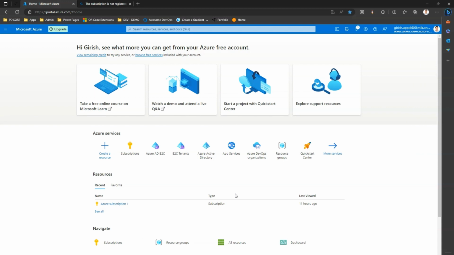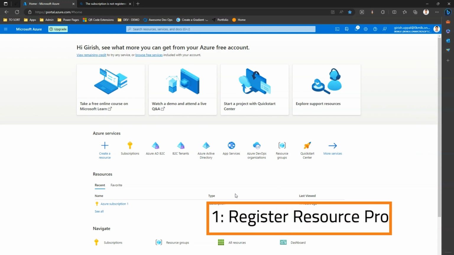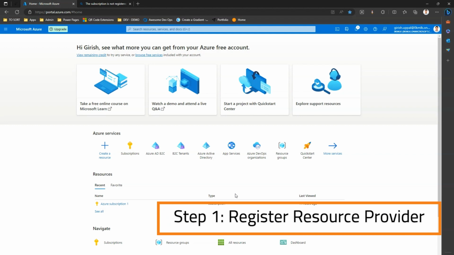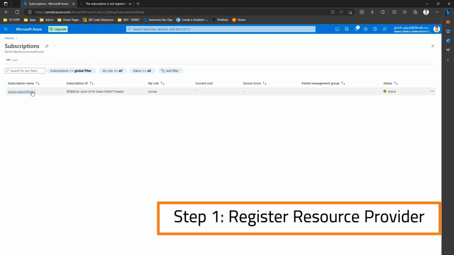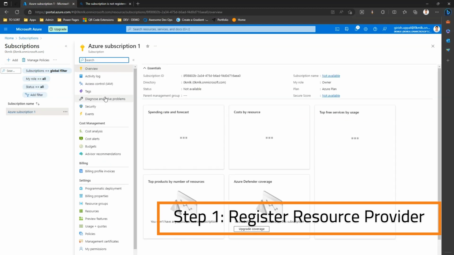In this video, I'm going to walk you through the steps of creating an Azure Active Directory B2C tenant. Before we go to register an Azure AD B2C tenant, the first thing we need to do is some actions on the subscription level. So I'm in my subscription. This is the default subscription which I have currently. I need to go into